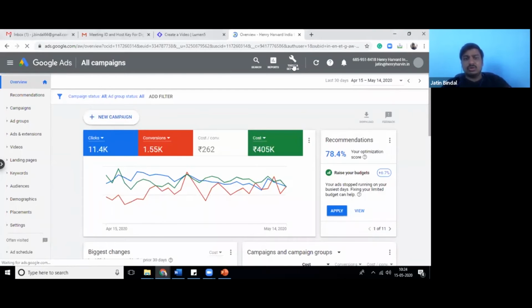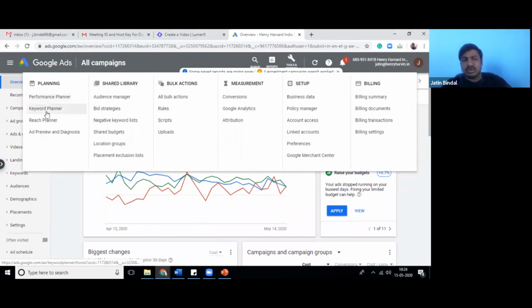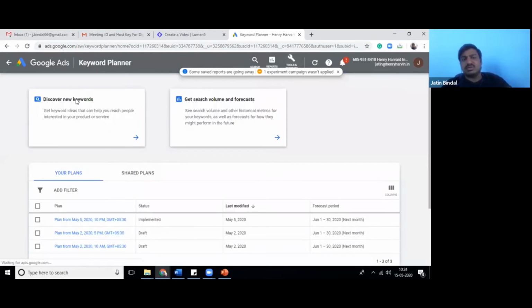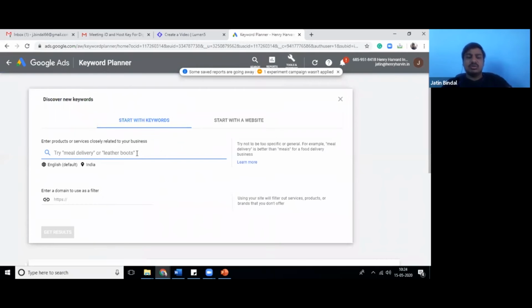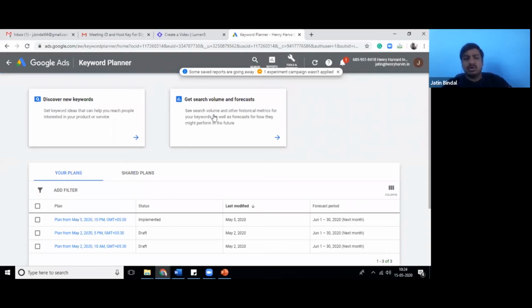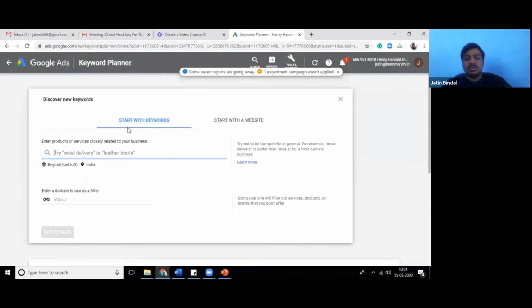So you have to click on tools, for those who are not able to do it. Click on tools, click on keyword planner. Then it has two options. The first option we will use is discover new keywords, because we want to find new keywords. The second option is if you are running a campaign for very long and you're not sure whether the searches according to which you created the campaign are performing. If you want to do a re-research, use this option; otherwise use the first option. So we are using the first option.